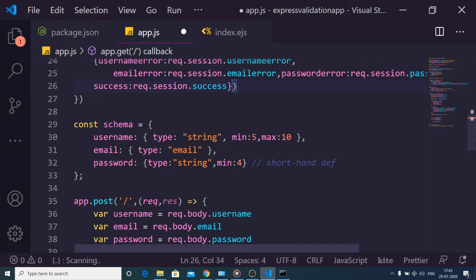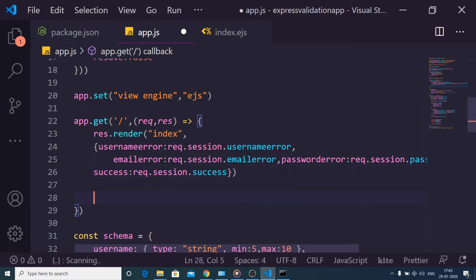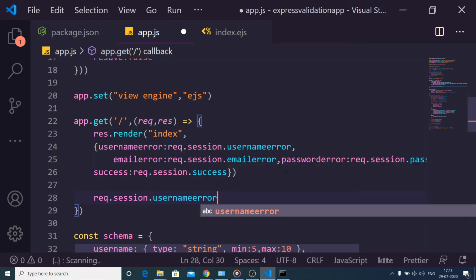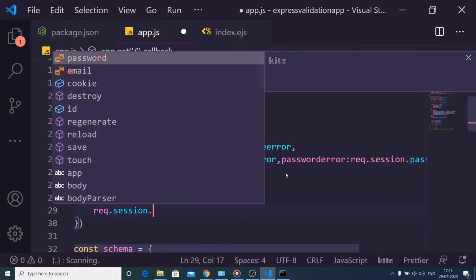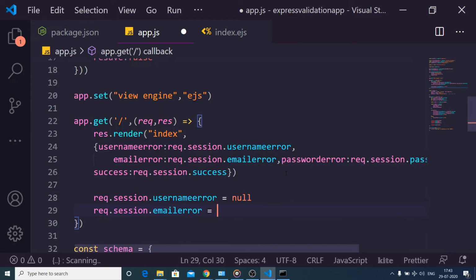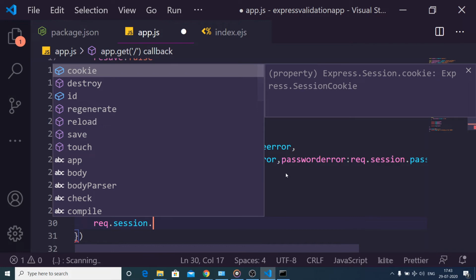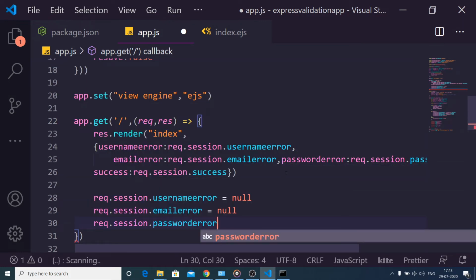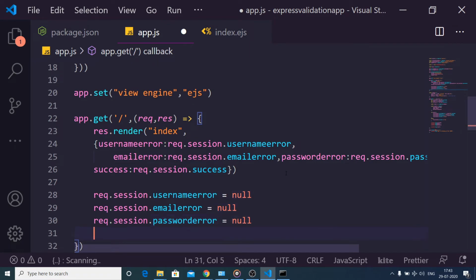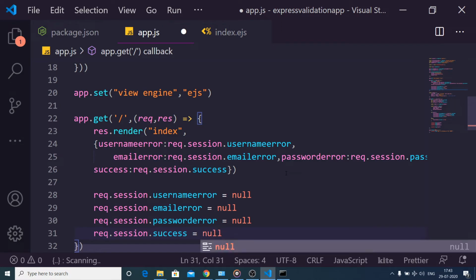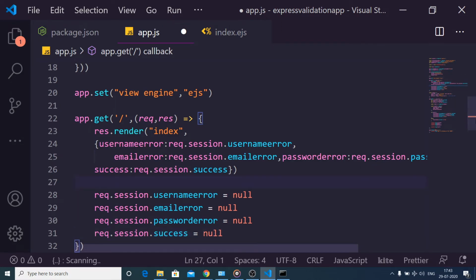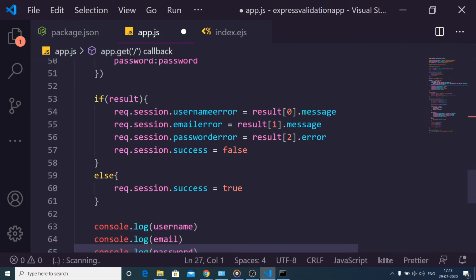And also after this we also need to reset the values as well. So all these values, request.session.username error, to null, email error to also null, request dot session dot password error to also null, and request dot session dot success to also null. So we are just resetting the values after you render out all these values. So I think